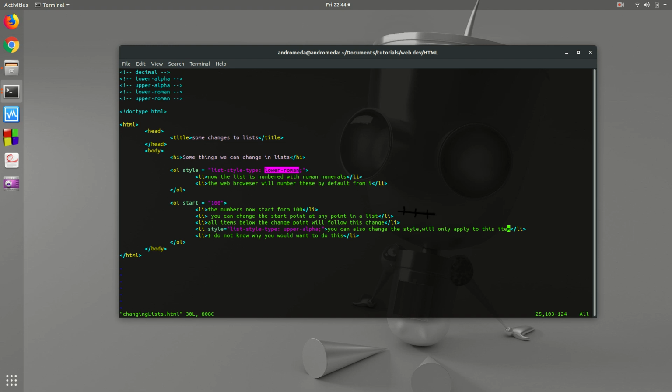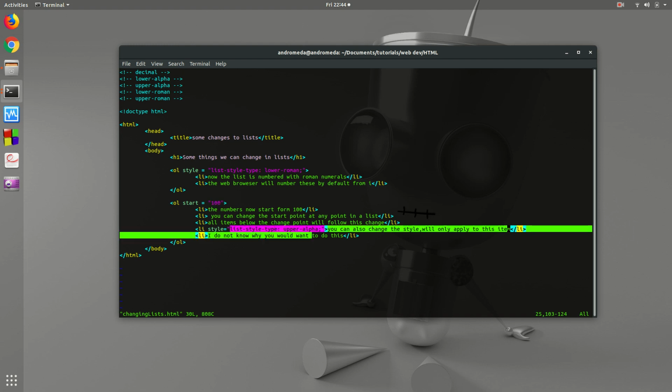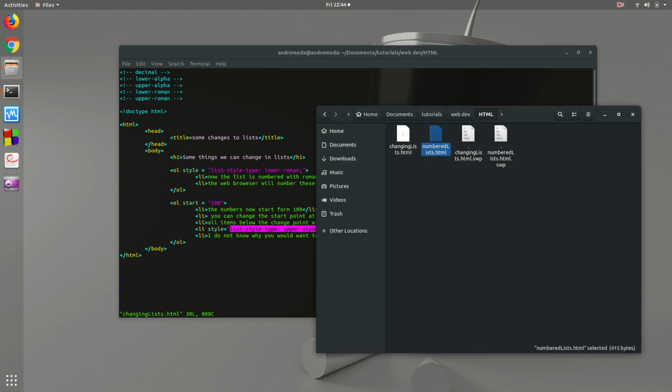You can also change the starting point of a list by using the start attribute and then giving it a number. This number will always be given in decimal, even if you changed the list style type to lower Roman or upper Roman. That really doesn't matter. You can change the style of a member of a list's numbering type, although it only affects that one specific list member type, so I have no idea why you'd really want to do that, but I mean, the option's there for you. So if we also then open this document,